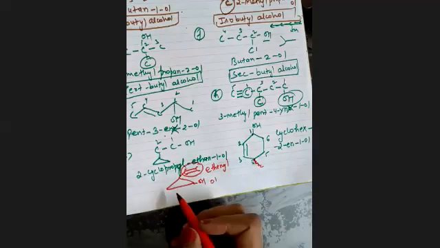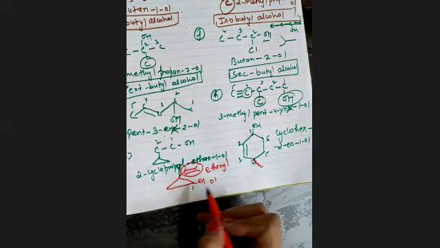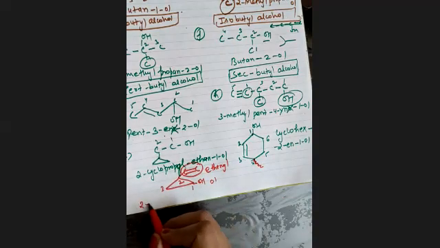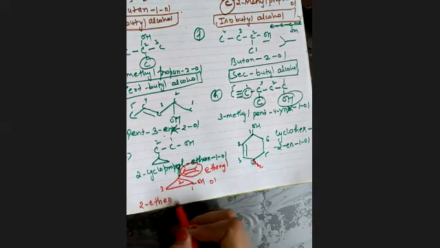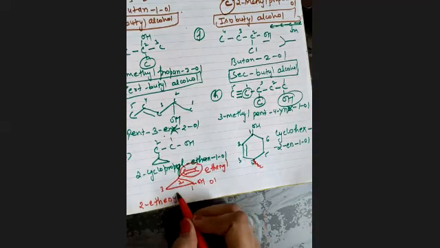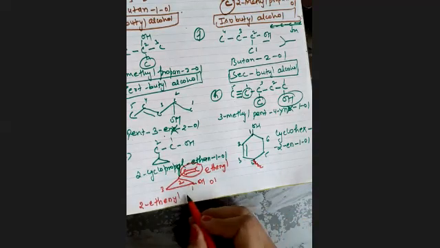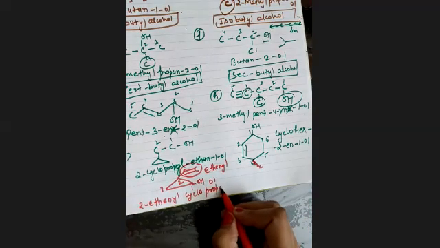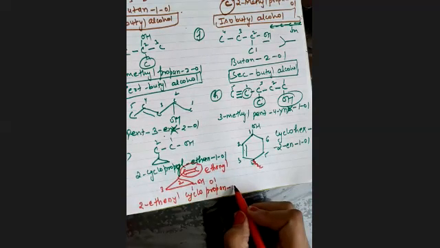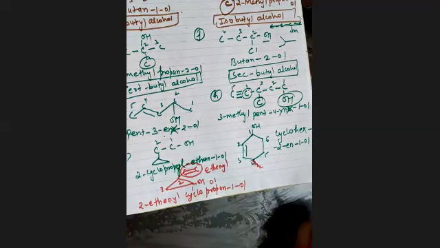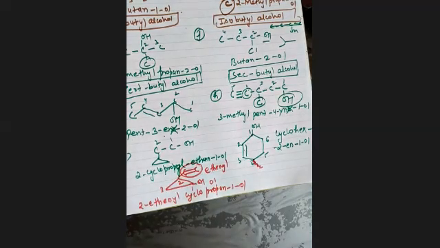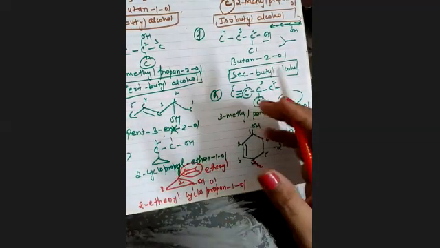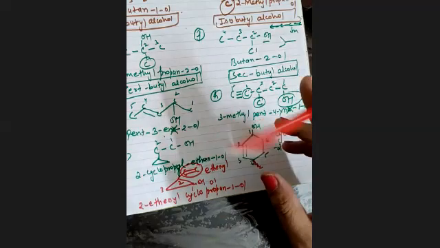So how will you do the nomenclature? First carbon, second carbon, and third carbon. So on the second carbon we have ethene for the double bond, yl for substituent. Ethenyl, cyclo, propane, 1. Clear? So these types of questions you can get in your examination, which can just create confusion.